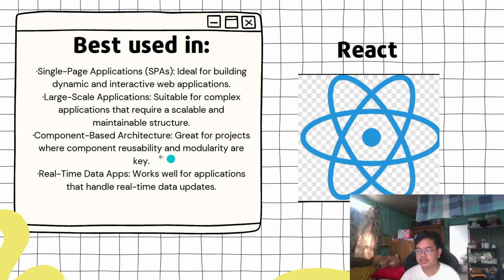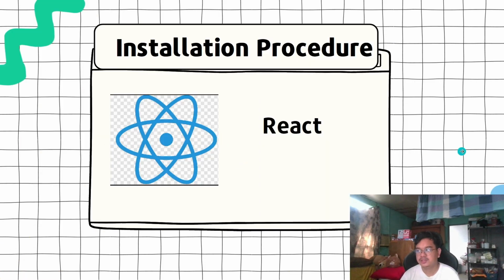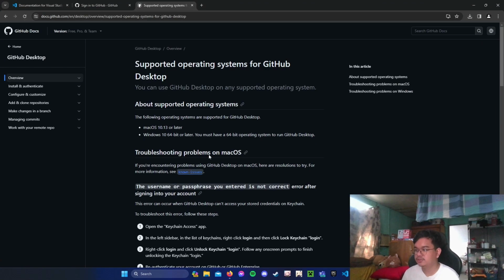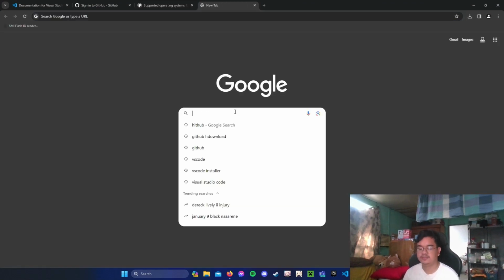So component-based we already discussed. Also real-time data apps are good for React, and it handles real-time updates really well. So how to install and demonstration of React. Of course, Google is your friend. Just search for React download,